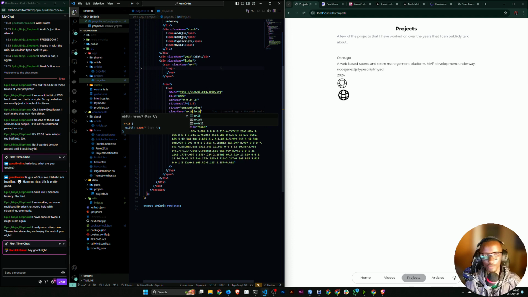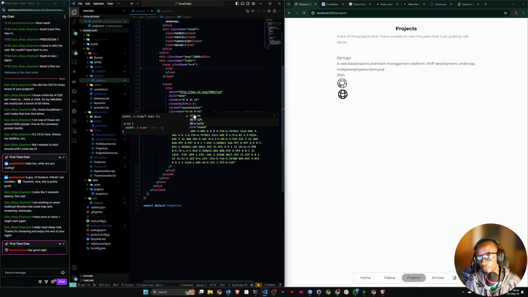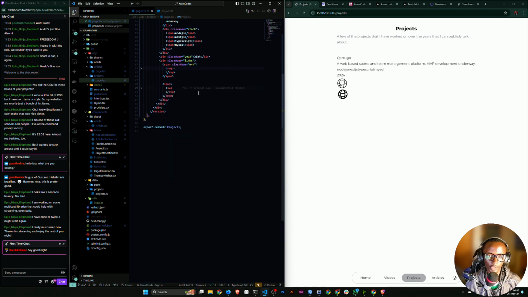Do they look like they're the same size? I'll have to do for now. Figure them out later. So these need to be